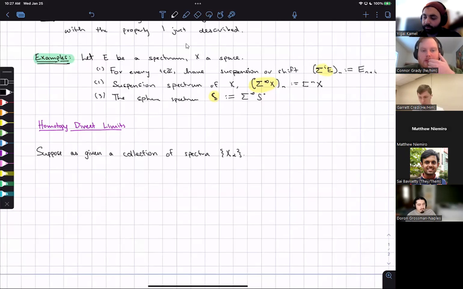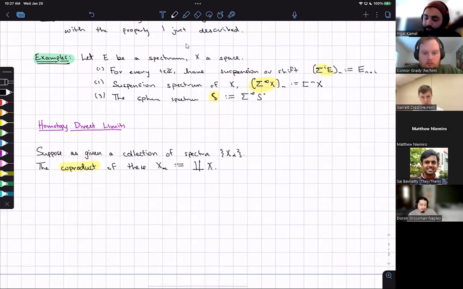We can do an analogous thing here. We're going to say that the coproduct of these X alpha, we could just write it as the actual coproduct of X alpha, but this turns out to be equal to, and as we'll write it, the big wedge over alpha of all the X alpha,